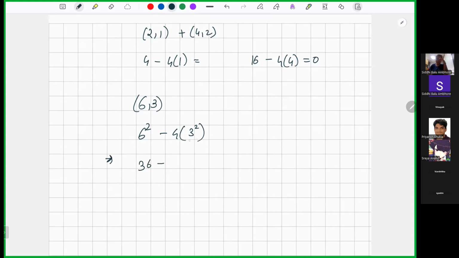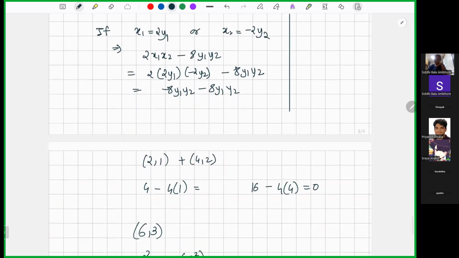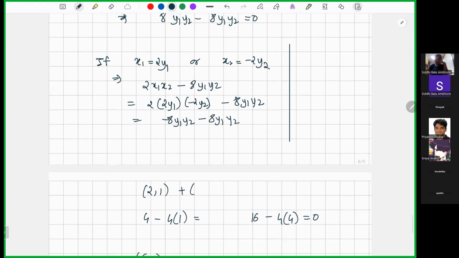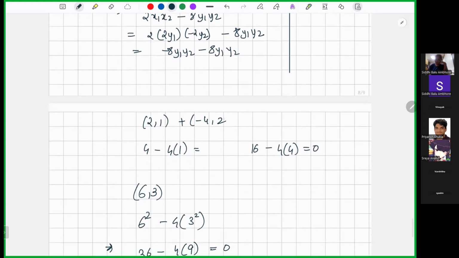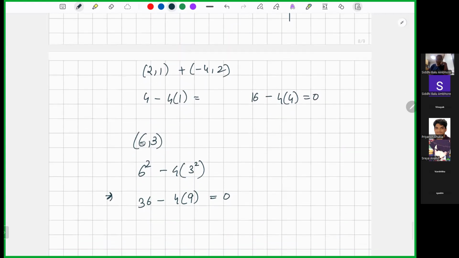So this is 36 minus 4 into 9, that is 36. So it is 0. So what are we missing here? This needs to be minus. So instead of 4, if I take minus 4, minus 4 comma 2, right? That's what I was taking. And in that case, this